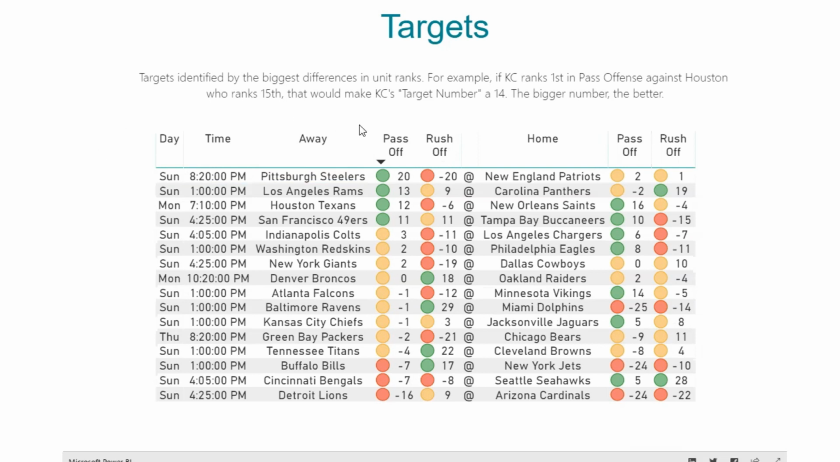Here are the pass offense targets. The biggest differences: the Steelers are 20 spots ahead of their opponent, the Patriots. The Rams are 13 spots ahead of the Carolina Panthers. The Texans are 12 spots ahead of the New Orleans Saints, et cetera, right? All the way down to the Detroit Lions, who are 16 spots worse in pass offense than the Cardinals are